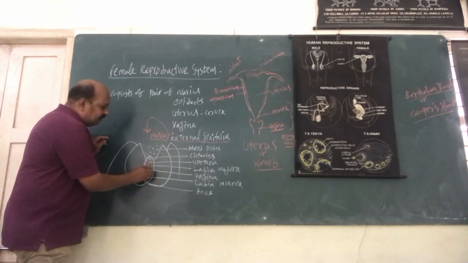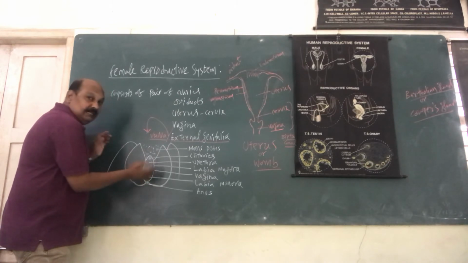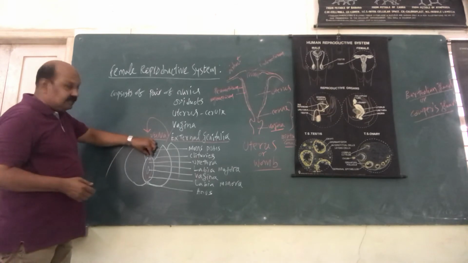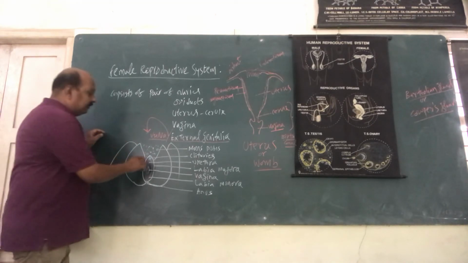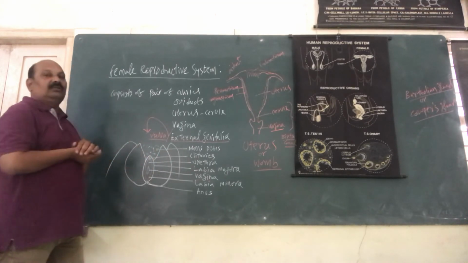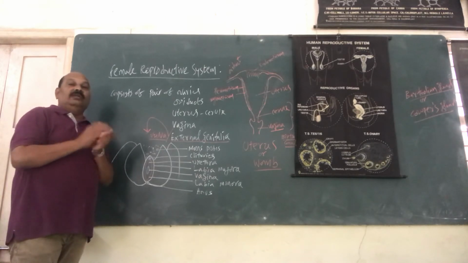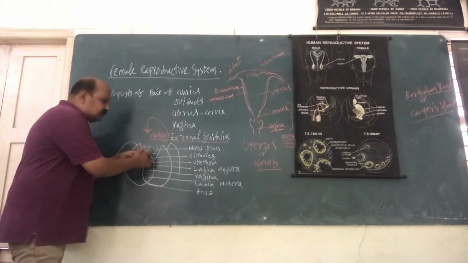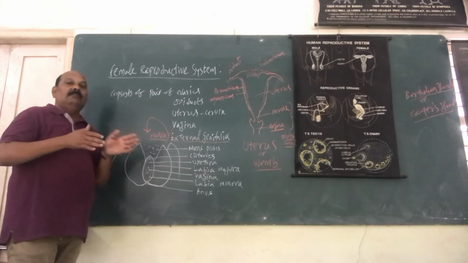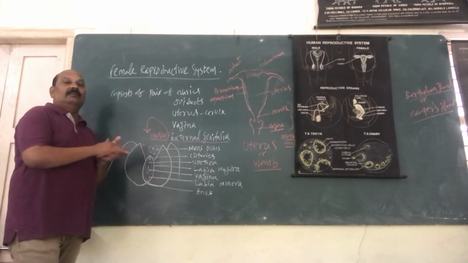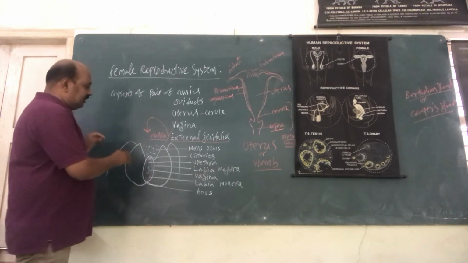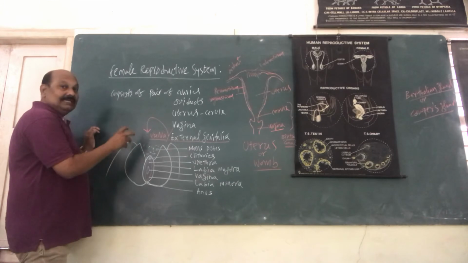Wherever the two lips, the minora and majora, join together at the anterior side, there is a muscular folding called the clitoris. It's a very important organ. Below the muscular fold, there are nerve endings, a nerve junction. From the nerve endings, all the nerves pass to supply all the parts of the reproductive system of the female. So it's a very important organ. These are all the major structures in the external genitalia.